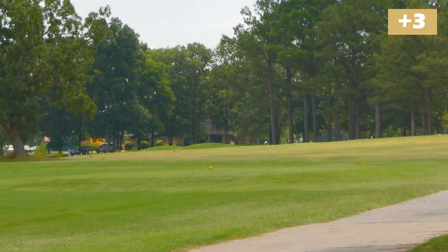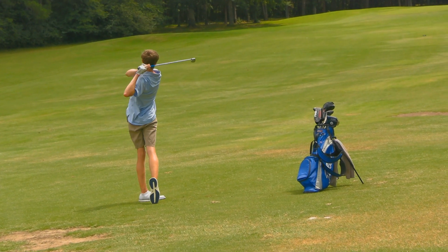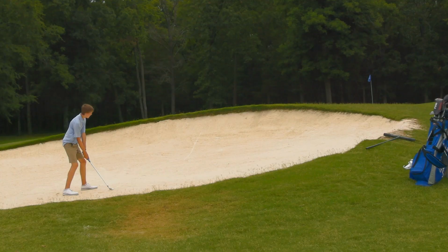Kind of a dogleg left here. There's water obviously on the left over by those trees, but then you don't want to hit it dead straight and be in the pine straw. So a pretty good drive. Still had a little ways in. I caught this iron shot a lot better. I'm happy with the strike, but ended up being in this bunker on the right, which is not the best spot to be in